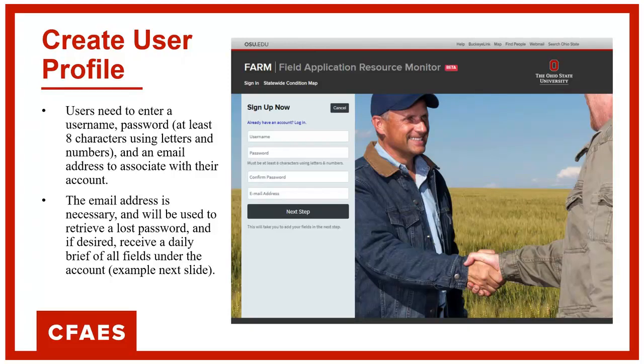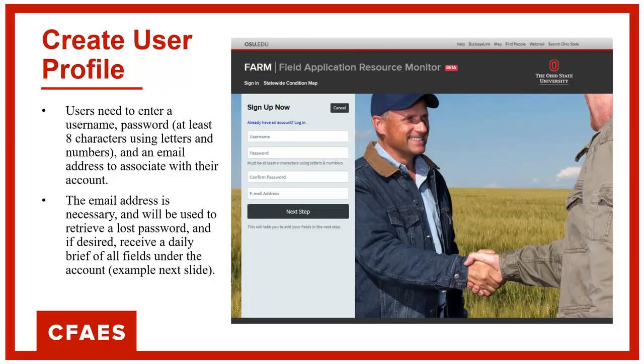So that I can actually remember my name from day to day. I cannot remember anything else. So we're going to need a username, we're going to need a password, and we're going to need an email address. The email address we use to communicate with you when you cannot remember your password. All right, so we will help you set up a new password when you, like me, cannot remember anything from one day to the next.